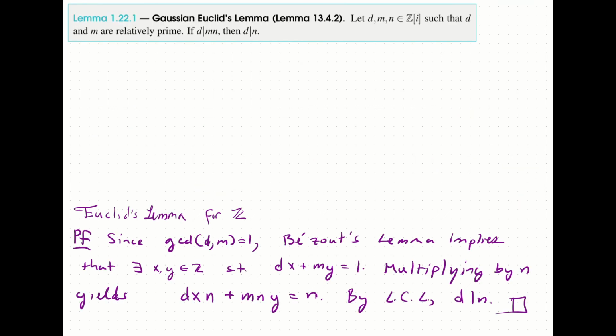So here we have the statement for the integers. So I've gone ahead and copied it over. And now let's go ahead and translate the whole proof into the Gaussian integers. And there's only a few adjustments we need to make in this case. So here's the argument. Since d and m are relatively prime,